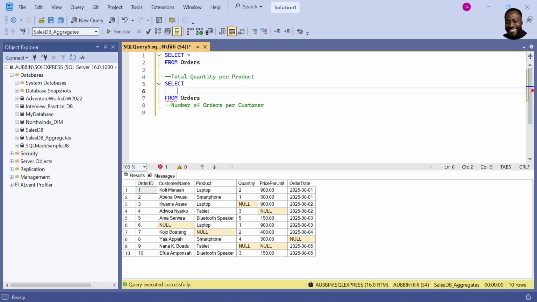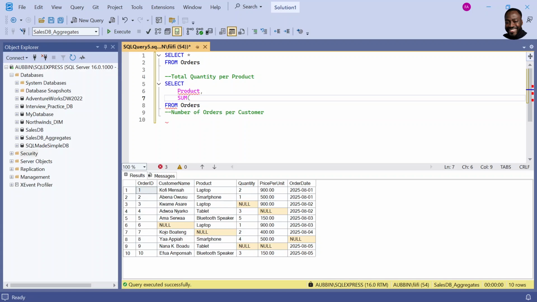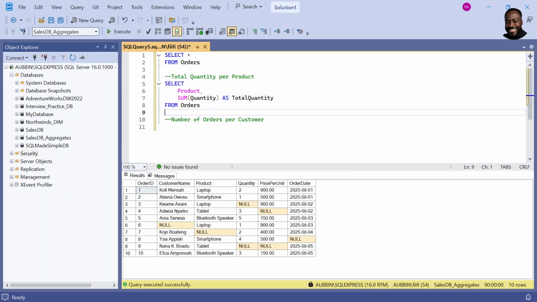And we are selecting. So what are we selecting? First and foremost is the product field. Then we will need to look at the sum of the quantity. So the aggregate function we did earlier on, so sum quantity as total quantity from orders. So what do we do? We're going to group by